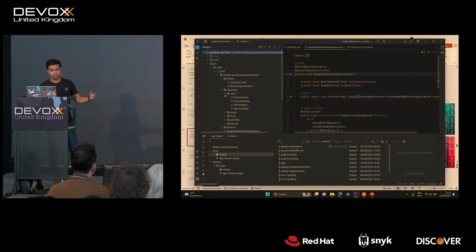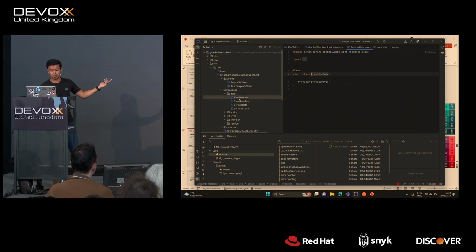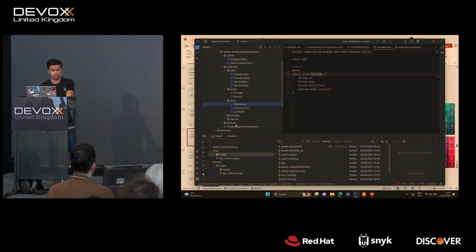So for example, it always has a data, and data will have a provider by ID, and the provider by ID will have, it's basically a provider which has all the things. Same goes for error. You have extensions, you have GraphQL error, you have locations, and you need to define all these classes and objects yourself, and when you're parsing it, it gives you back the data that you want.